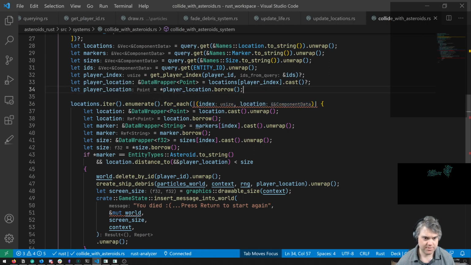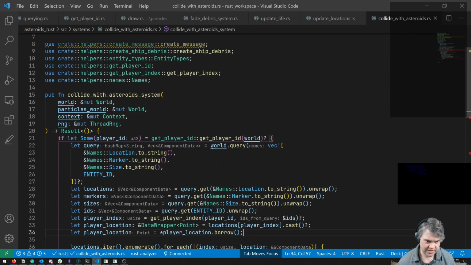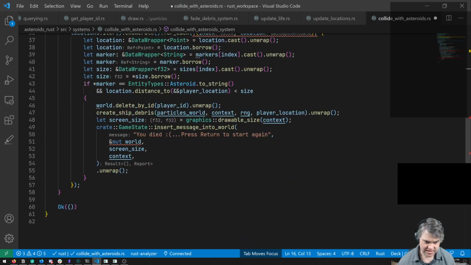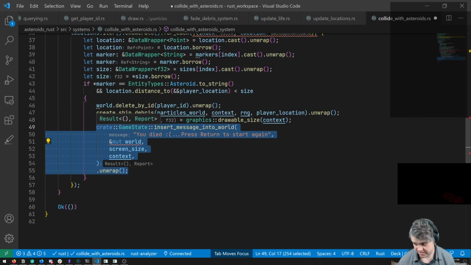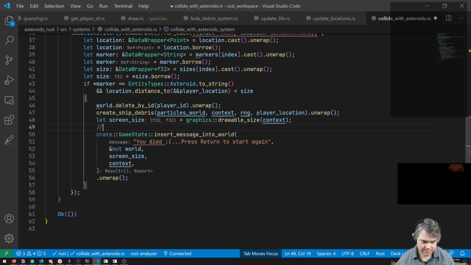Can we just drop? I think we would need to do some funny things with like dropping other stuff. So I don't think we really want to do this. I think we want to keep you here. So we can't do the insert into the world here. So we're gonna have to figure that out. I think tomorrow morning we can figure out how to do this. I put in a note for myself.